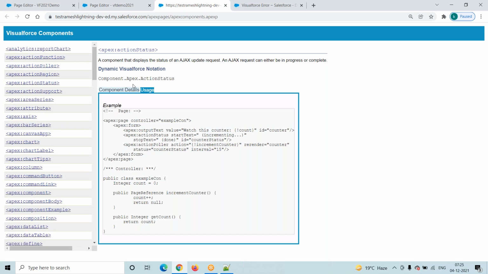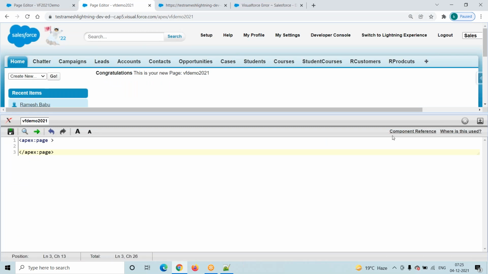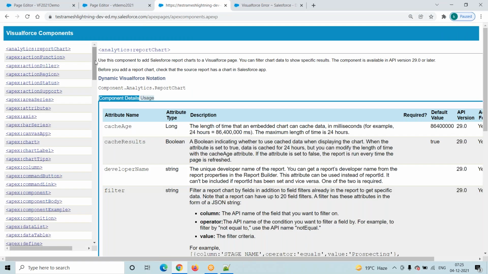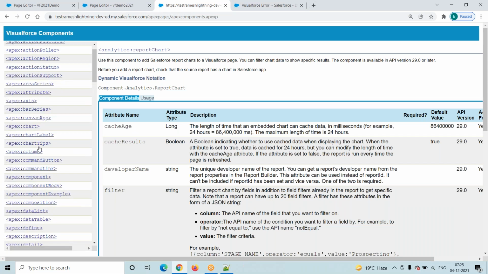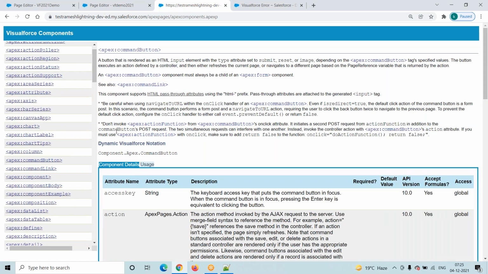The Developer Visualforce Page Guide is there. Otherwise you have to go to the component reference. Just click on this one. You have to understand, suppose we want to find any tag, where we will find it. For example, command buttons, each and every tag is there. We will discuss in the next session. We will start